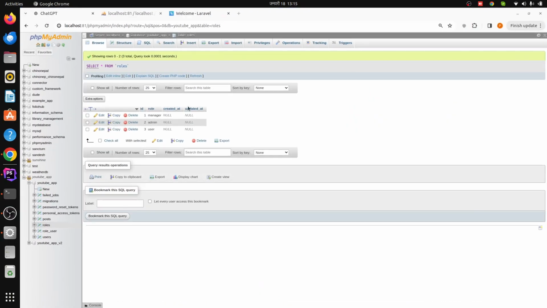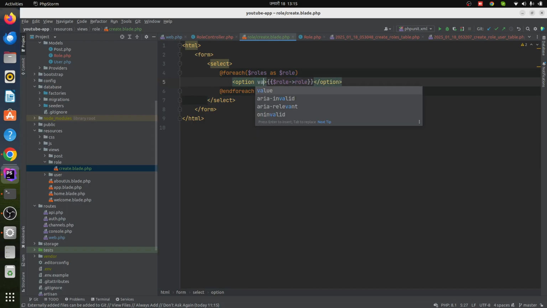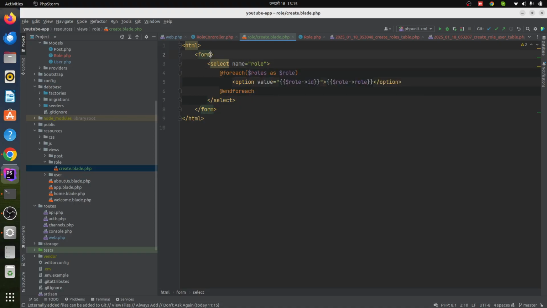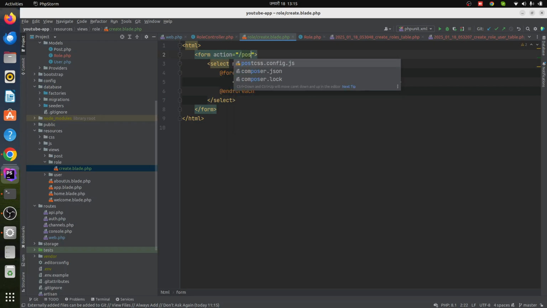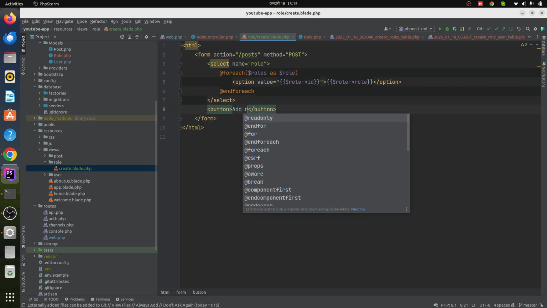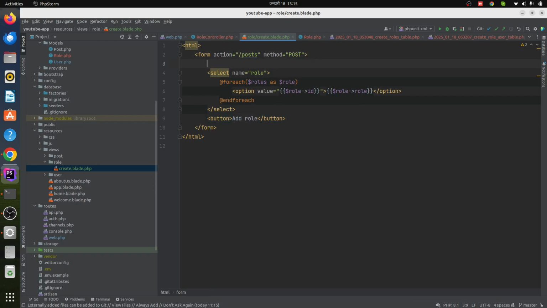And yeah, the column name is role, right? I'm gonna give the value as role ID and role. We also need a button that says add role, and when we press this button, it will be redirected to our /post URL, which is our post request, and also I need to give the CSRF token up here. All right,